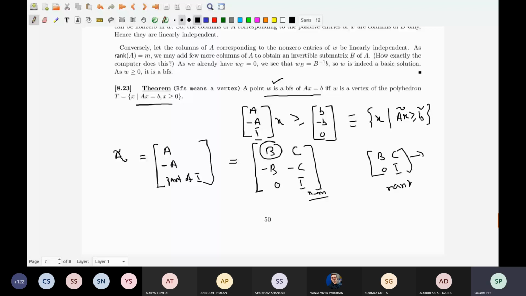So I am getting that A tilde W is actually not exactly this, because some other entries, other parts of identity, can also be 0. So at least it includes this. You can write includes instead of equality. If I have written equality in the proof, please correct this. It contains at least this much, and since the rank is n, it follows that rank of A tilde W is n, and so W is a vertex.